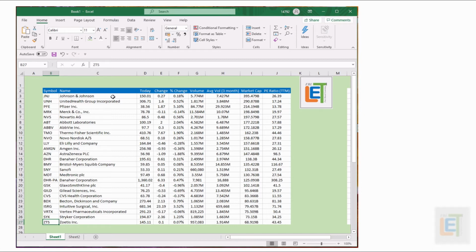If you have to go to the right end, you can press Control right. If you want to go up again, Control up. If you want to come back to where you were, Control left.